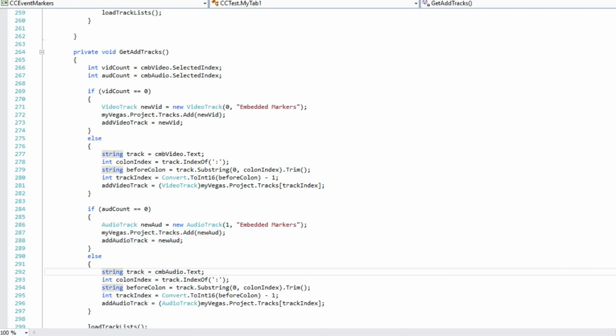Otherwise, we're going to do the same thing we did up above: get the actual number of the track index and set that to -1, and then get the audio track, converting it to a type audio track from myvegas.project.tracks, and using our track index to get that track. Now what I did